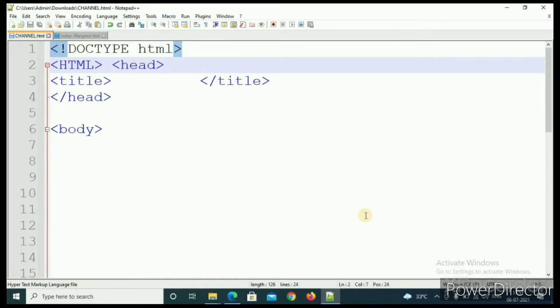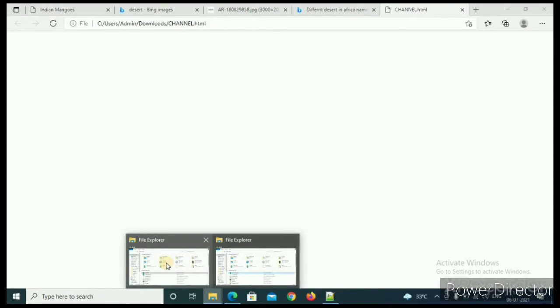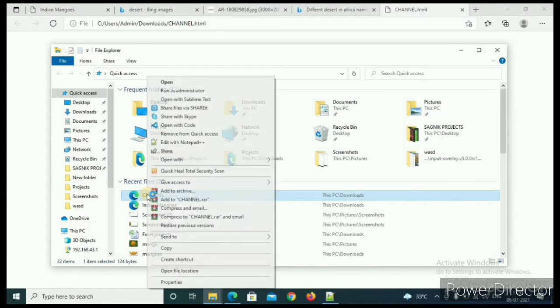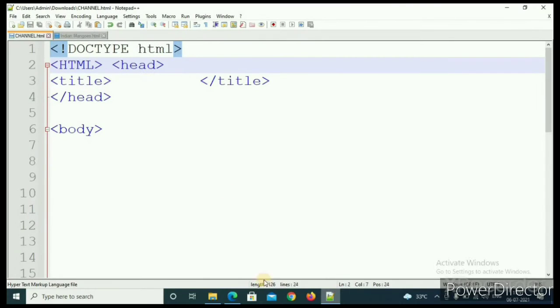Okay, the app name is Notepad plus plus. If you have mistakenly closed the notepad, then you can right click and edit with Notepad plus plus. I will not open it again because in my screen Notepad is already open.